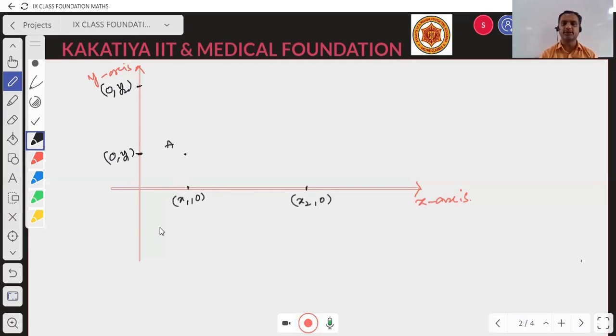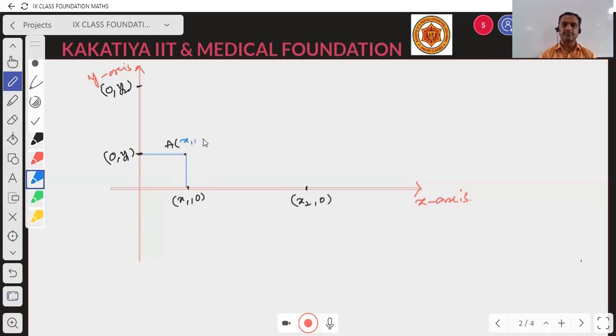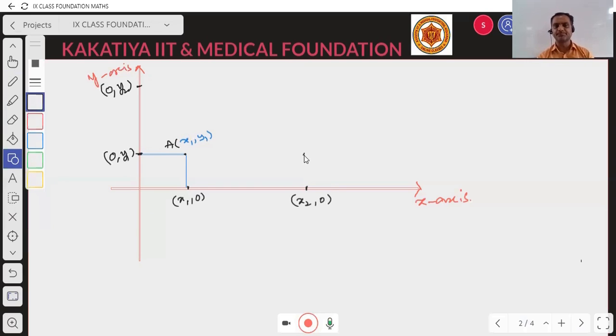what will be its coordinates? For that, I need to go for the projection from this point onto x-axis. What will be its projection on x-axis? It is x1, right? It's cutting x-axis at x1. And where is it cutting y-axis? It's cutting y-axis at y1, 0 comma y1. So what will be the real values assigned to point A? It is x1 comma y1. So this is my first point, right? Similarly, let me consider my second point over here. See, consider this point. What is this point? If I go by the projections of this point on x and y axis, right? So what is its projection on x axis?